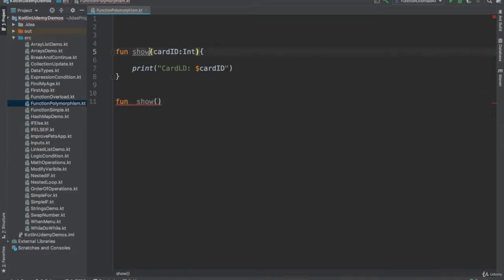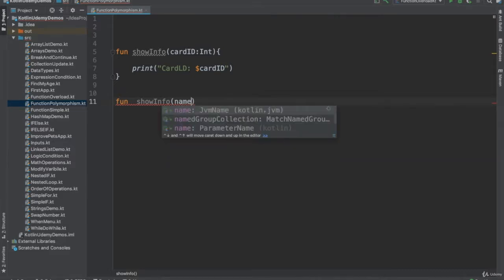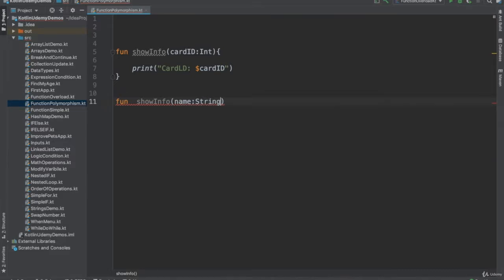And let's suppose both of them show info, okay? But this one wants to show you the username. So we say the name of the user, and this one in this case is a string. See, same function name, same number of parameters, but different data type. In this case, I would say print, okay? And I say name, then you say add,